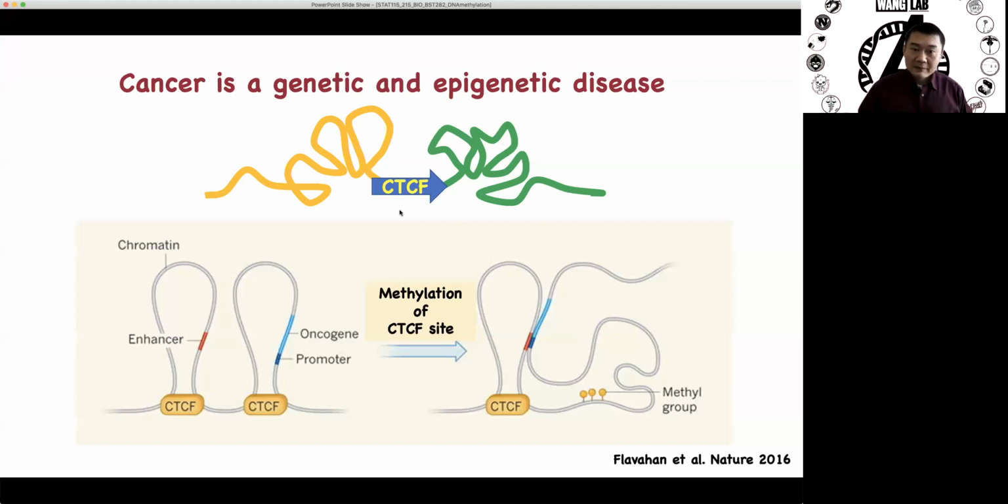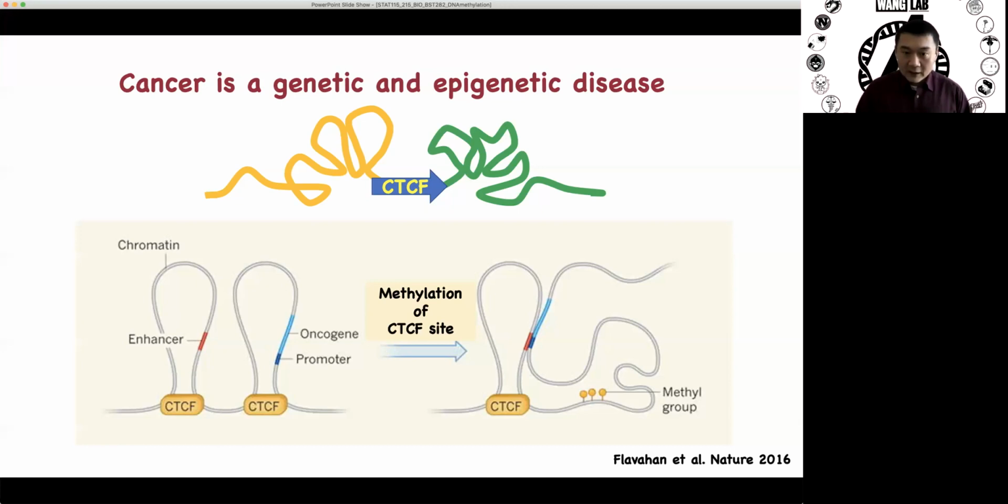But in cancer, sometimes the CTCF methylation level goes up, and then CTCF doesn't bind anymore, right? As a result, these two otherwise unrelated domains start to interact. But in the domain on the left, there's a strong enhancer, and in the domain on the right, there's an oncogene, right? So now this enhancer touches this oncogene, resulting in oncogene upregulation, and that actually leads to glioma, right? So this is an example where an epigenetic event can lead to tumorigenesis, and really combines oncogene, DNA methylation, chromatin domain,